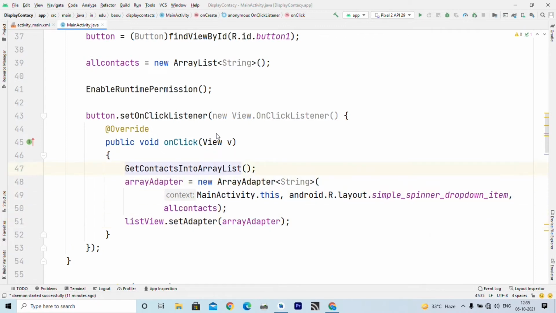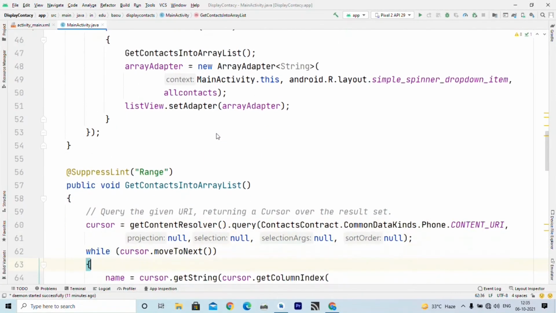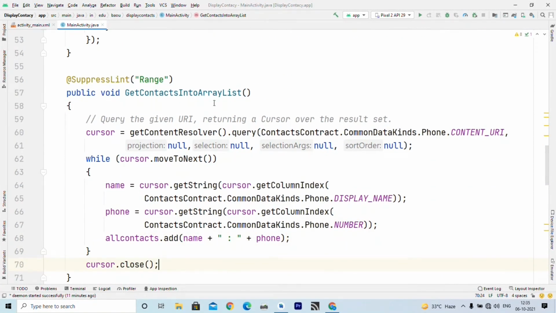Now let us try to understand get contacts into array list method, which actually fetches data using content provider into our array list, all contacts. So we have already discussed this. Using get content resolver, we can query particular content provider.